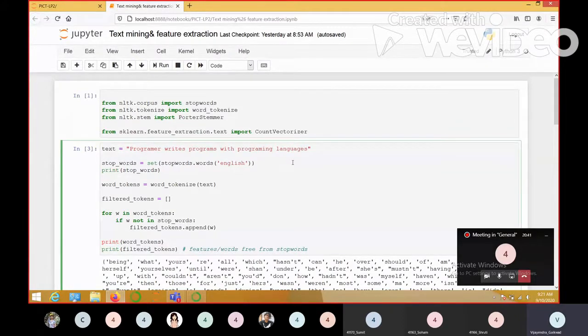NLTK is going to provide us a class which we have imported, which is called stop words. And to convert the text into tokens, I mean tokenization, I hope most of you might be knowing about it. Tokenization is a process in which we are taking one word at a time from the document and keeping it in an array or a list, and a number is being assigned.